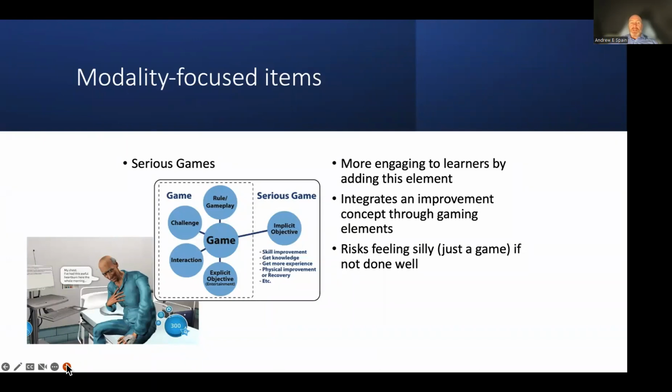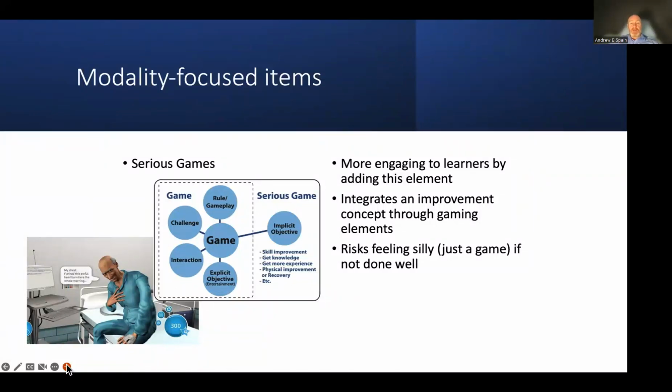Serious gaming components can be applied to a lot of the previous modalities that you already have in there. It has to be a serious games feel and setup for it, though. Otherwise, it just feels a bit silly to the learners, especially those learners that are more serious, and they don't always understand why to do the serious game component of it, even when it's well developed. But it is an incredibly valuable piece of it. A lot of learners really like the competitive notion of it, either self-competition to improve their score, which should tie to improve patient care outcomes because they're doing better, capturing all the steps of